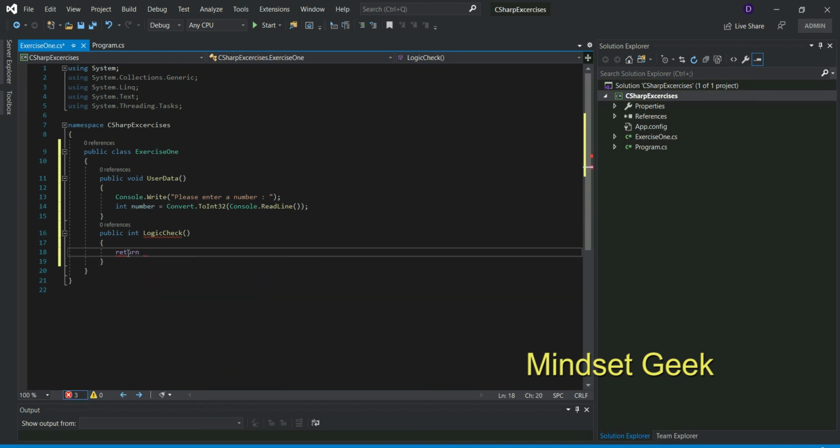We just keep 2, but we have to use some value, right? Now I want to build the logic in this method. First of all, I call this method inside this method.